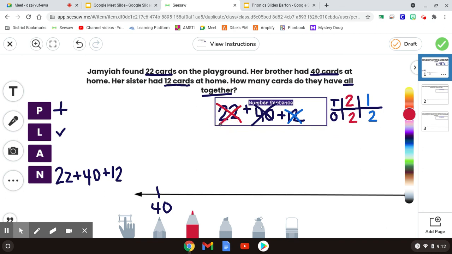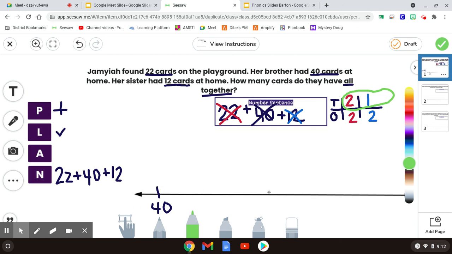So let's go ahead and put the tens on the number line. How many tens do I have that I need to add all together? Well, 2 tens from 22 and 1 ten from 12 make together a total of 3 tens. So I need to add 2 tens and then one more ten. So 1,